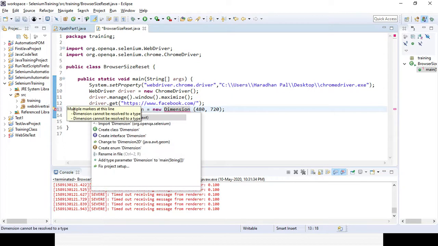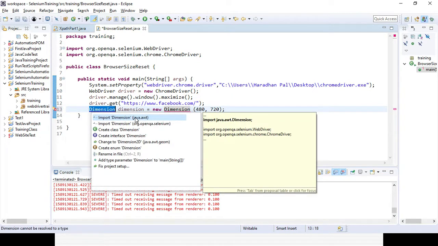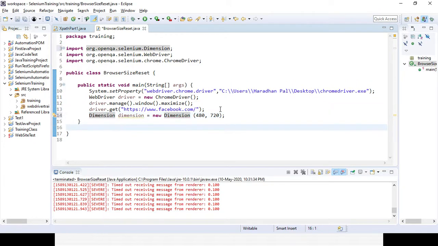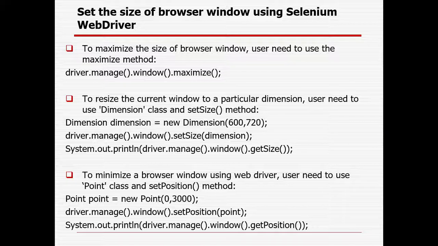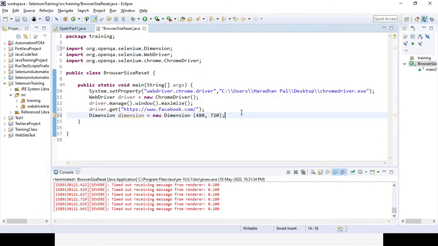We need to import the Dimension class, not from java.awt, it will fail. We need to import it from org.openqa.selenium. So whenever you want to import the relevant class, you need to import it from the org.openqa.selenium packages. So once the import is successful, with the help of the setSize method, I can set the size of the